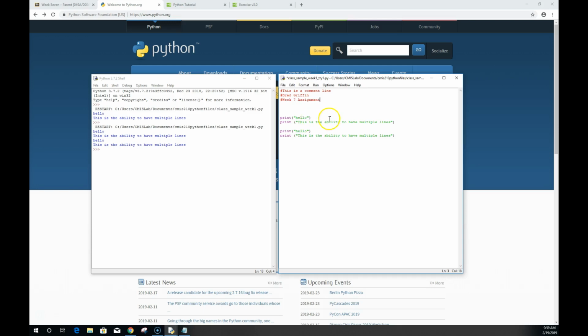And the use of those is free. They don't cost you anything to use these. You can put them at the end of text. So this program will still run even though it's at the end of text. You can put them in an entire line. The other thing you can do is if I need to troubleshoot and I want to see what happens if